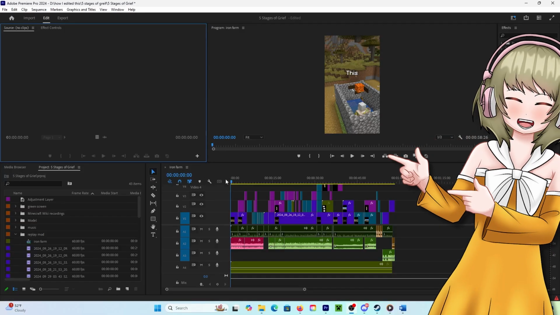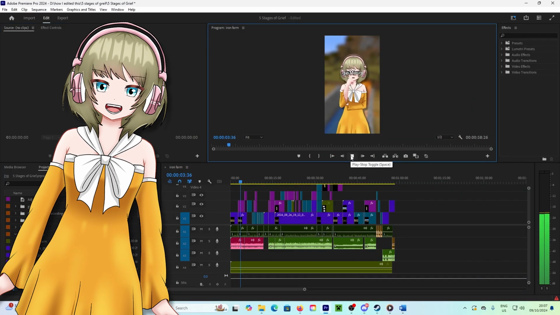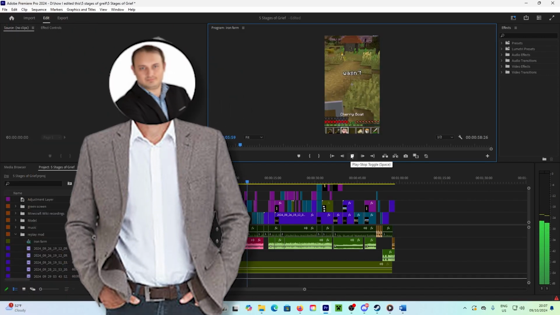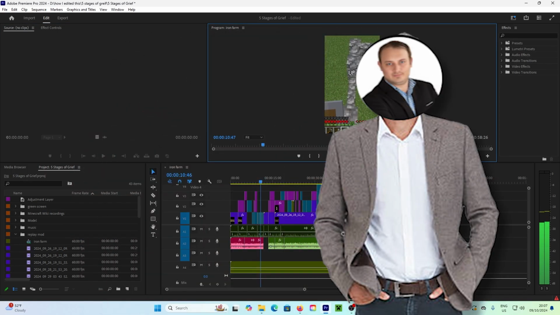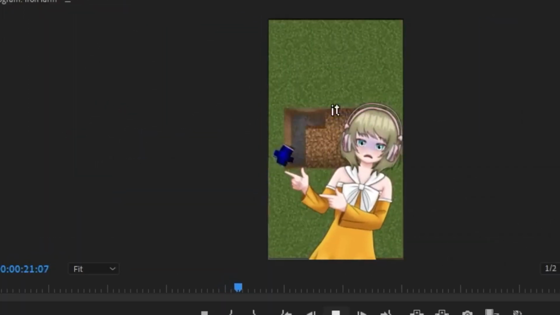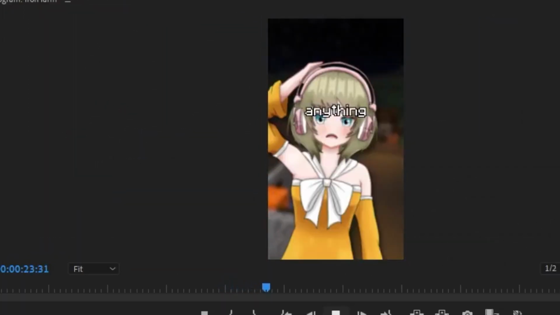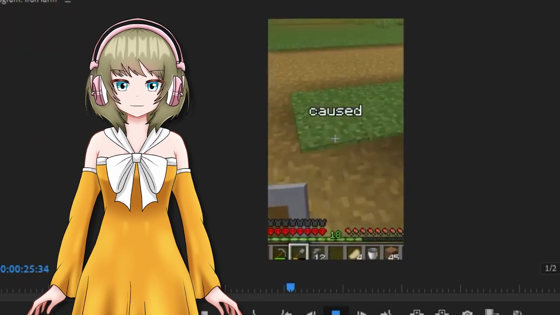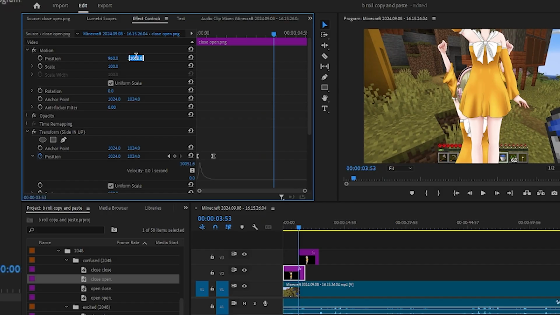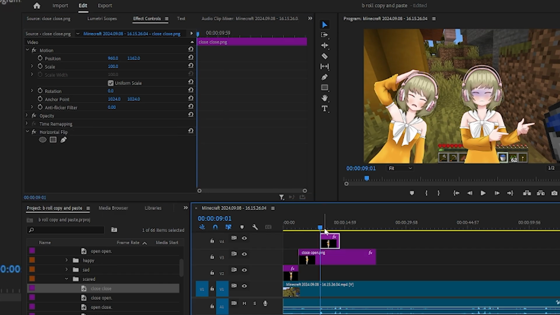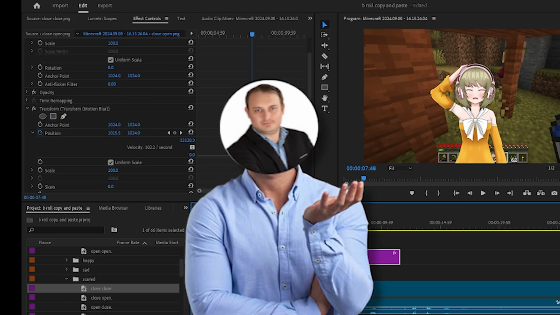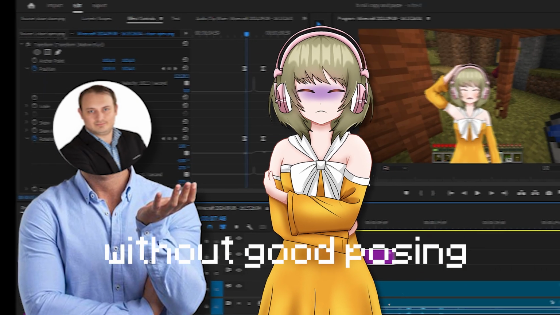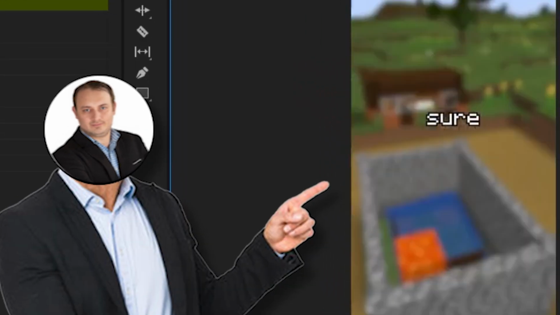So now we get to the actual editing, and while I did have a PNG tuber character to work with, I don't think it's necessary. The main point is that the editing supports what is being said, and especially today, that it feels smooth and seamless. One way I did this was when changing the character, I went out of my way to make sure that the positioning was all correct so that the new pose would be in the exact same place as the last one. By copy and pasting values and effects from one clip to the other, every time I wanted to change the pose of the character, was it a large and tedious amount of work? Yes. Yes, it was. But was it worthwhile? Well, you tell me.